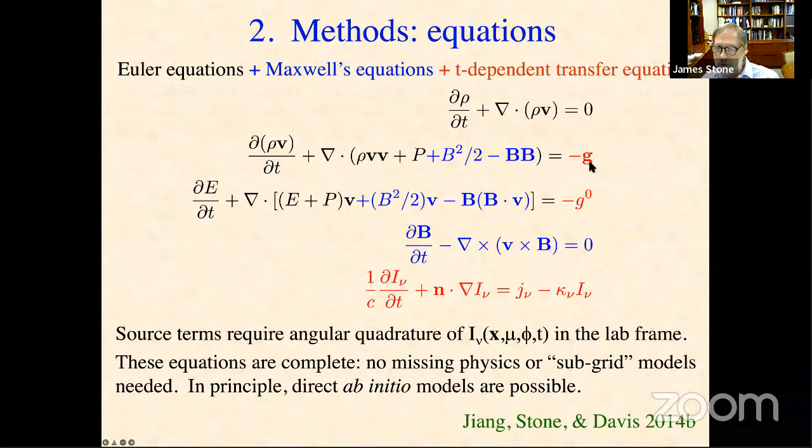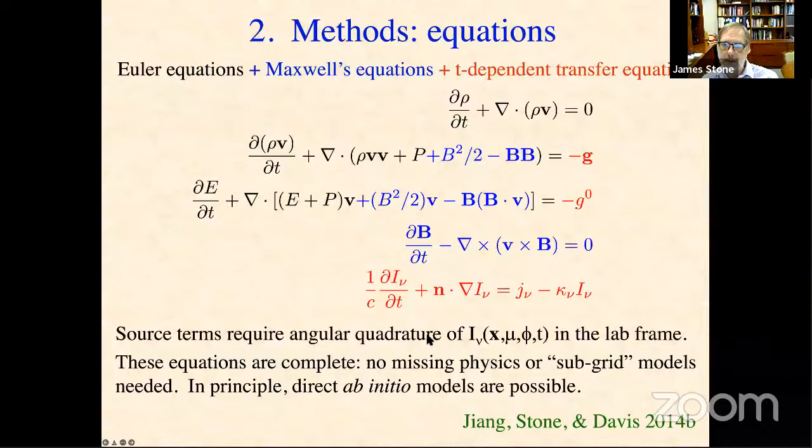And then to compute these terms, they're just moments of the specific intensity of the radiation field. That requires integrating the radiation over all angles and frequencies at all positions in space using the radiative transfer equation, written in red on the bottom. So in principle, we have a straightforward, well-posed, closed system of PDEs, where the source terms in the fluid equation